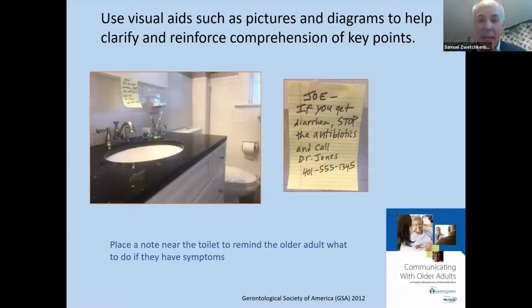So what you're seeing right here is a picture of my bathroom. Why am I showing you my bathroom? Because you can encourage your patient to put up a sign that warns them that if they have a complication, to do something about it. In this case, it says, Joe, if you get diarrhea, stop the antibiotics and call Dr. Jones. And it has his number. Imagine if for Mr. L, the dentist had done this and put a sign so that as soon